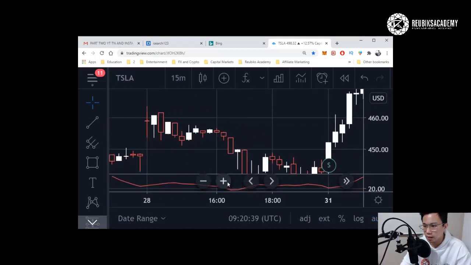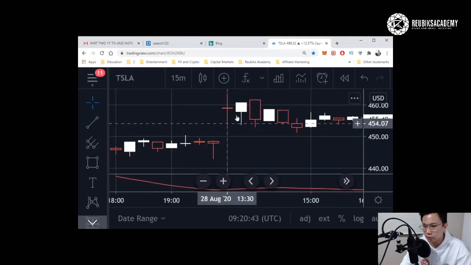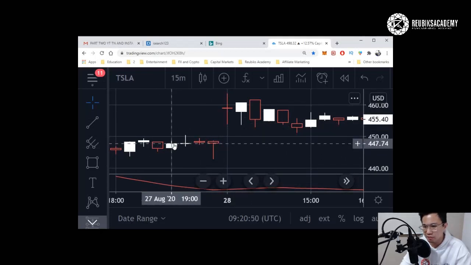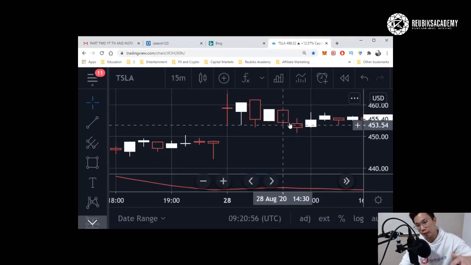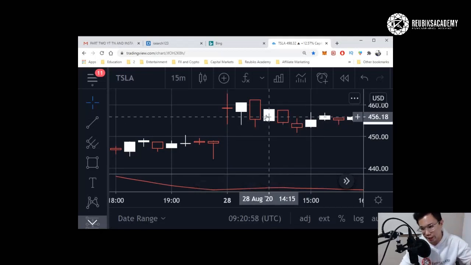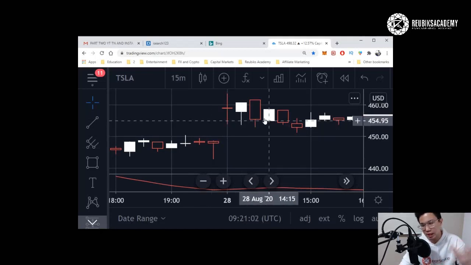See, between this candle to this candle, there's a gap, right? Between this candle and this candle, and the candles before that, you can see there's no gap. And the candles after this candle, there are no gaps because the market is open. Prices are constantly moving up and down. We will talk more about what these candles are in the later lessons, but for now, just know that these candles represent the movement of prices.